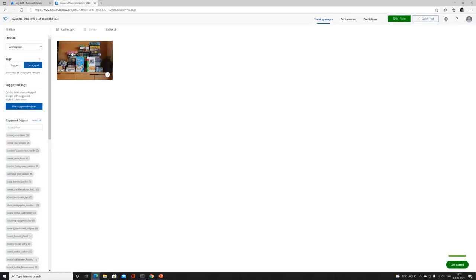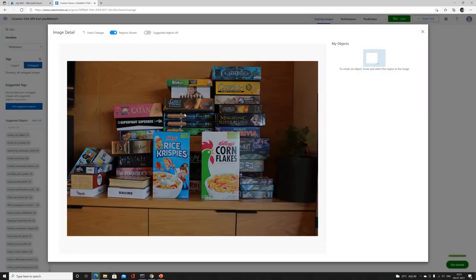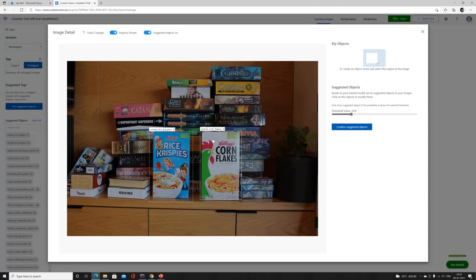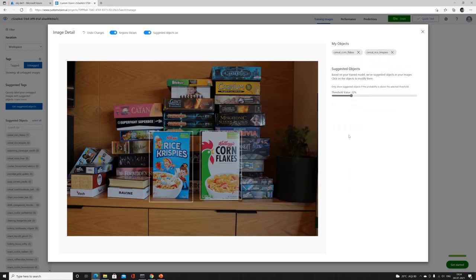Once this upload process is complete, we can turn on suggested objects over here, and we must adjust the threshold value so that we can see some suggested bounding boxes. So we can see that the bounding boxes are appearing for cornflakes and for Rice Krispies, and this technique will speed up the annotation process because all we have to do is confirm the selected objects,